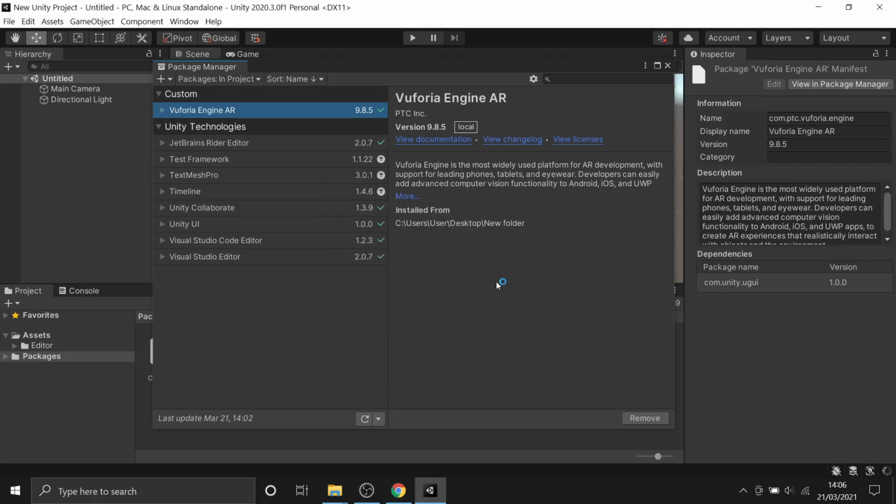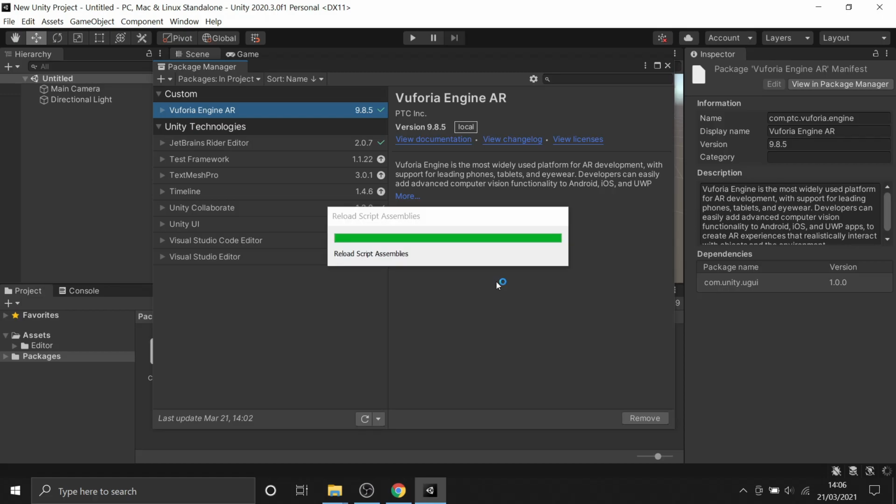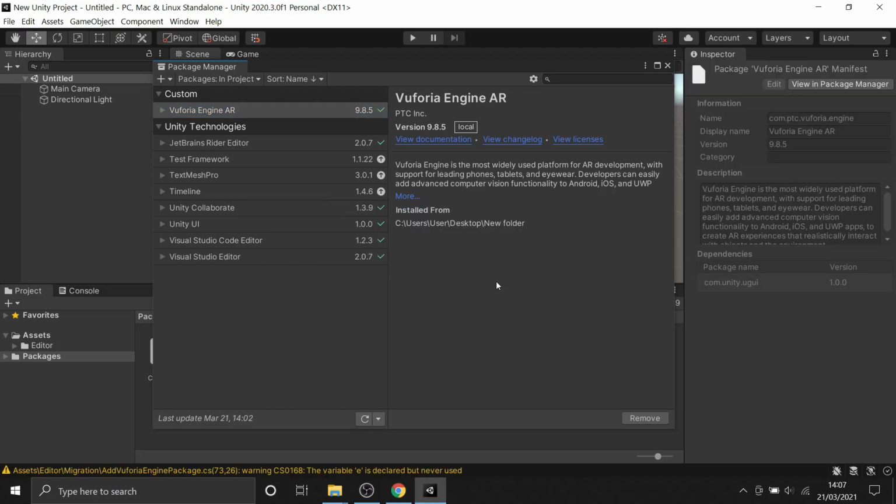It will ask you to update again, just update it, no problem. So yes, now your Vuforia Engine AR has been successfully imported into your system.